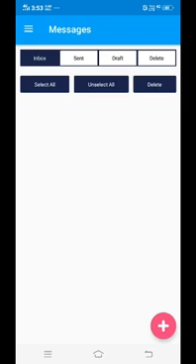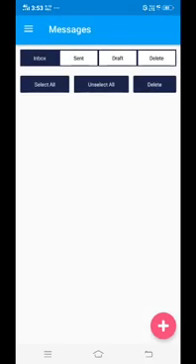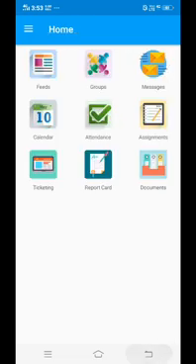Now the message can be checked in your sent messages which you have shared with the teacher today at 2:31 p.m. And again when the teacher replies back to you, they will come in your inbox, wherein the inbox at present is empty because we have no messages. Now coming out of this feature, we'll go to ticketing.